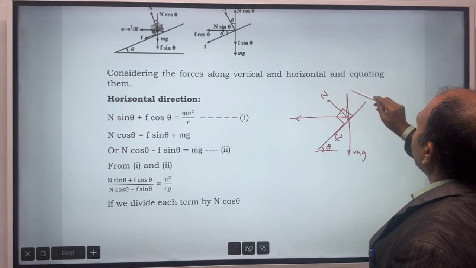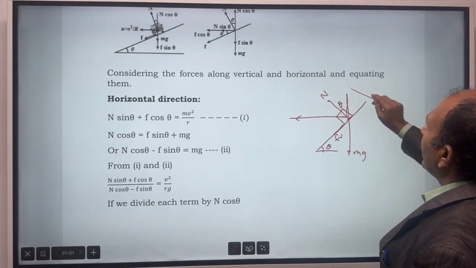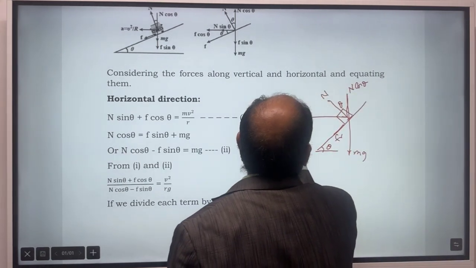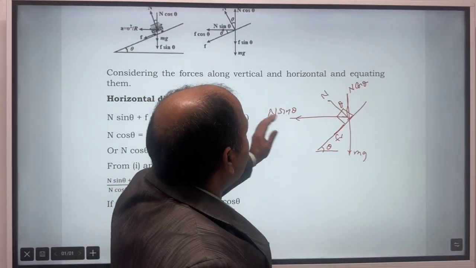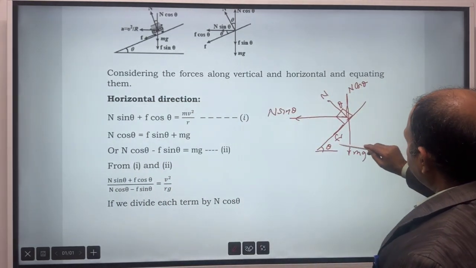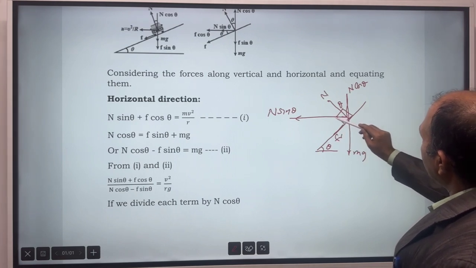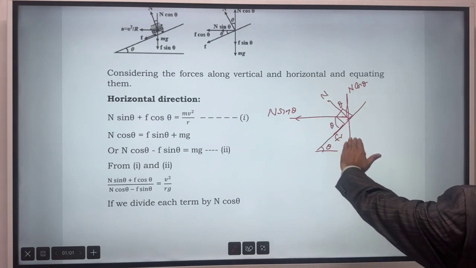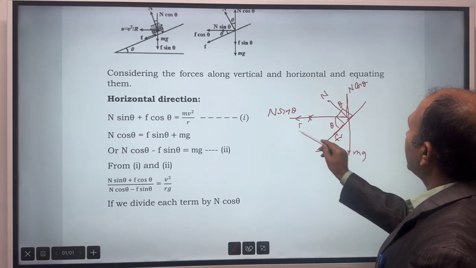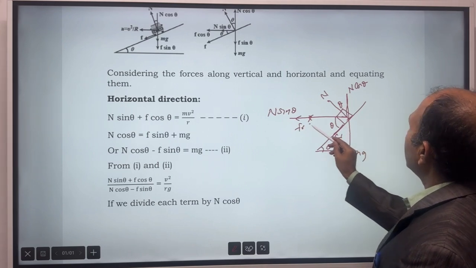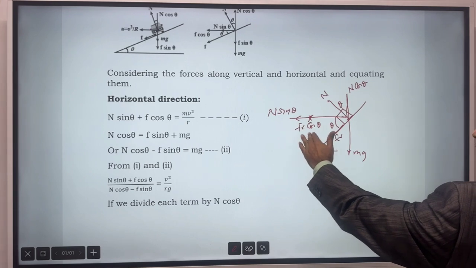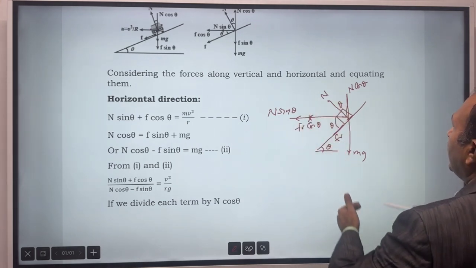If this is normal reaction and this angle is theta, then N cos theta will act in this direction and N sin theta will act in this direction. So this is one component of normal reaction that is providing centripetal force. Also, if this angle is theta, this is friction, this is also theta, so one component of friction will also provide centripetal force. So you can say in this direction Fr, this angle is theta, Fr cos theta will also be there. So N sin theta plus Fr cos theta will provide centripetal force,